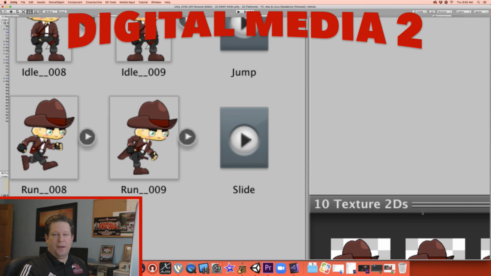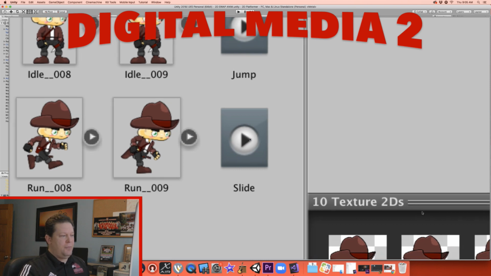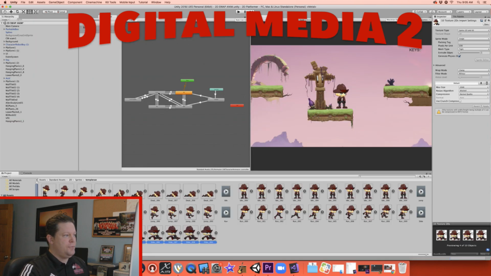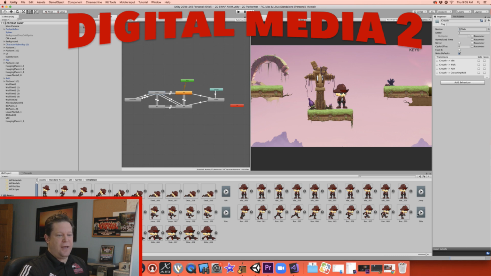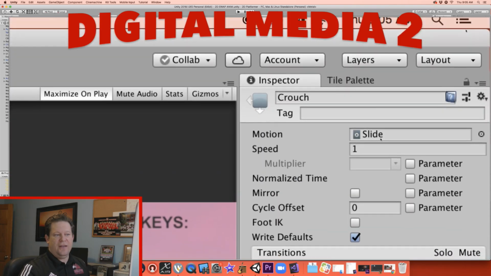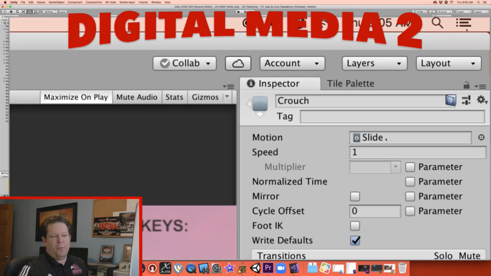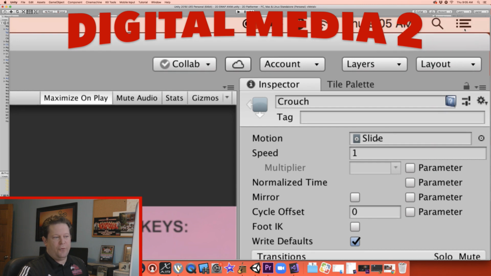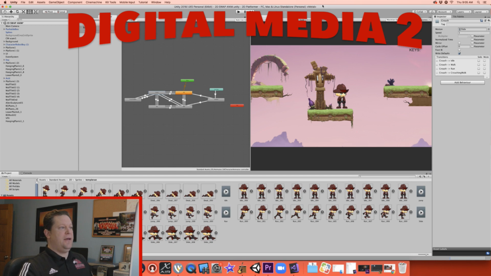You can see that over here. This is what the animations look like again. So I've taken crouch and I've already dragged on my slide animation. So I grabbed the slide and then dragged it right up into my inspector here, and you can see it's now up there. So it no longer says Robot Boy Crouch or whatever it said before. Okay, so I've got the slide feature in there. Now, if I go over to Unity and I check this out,